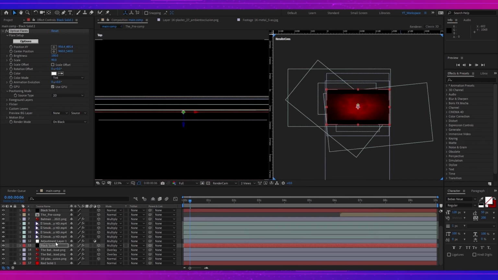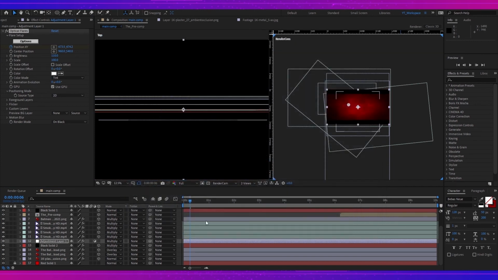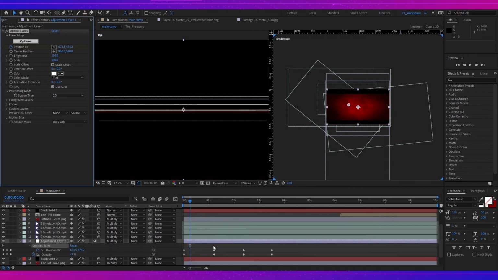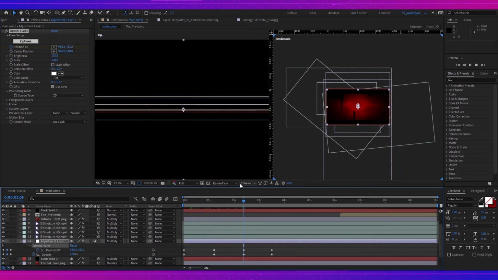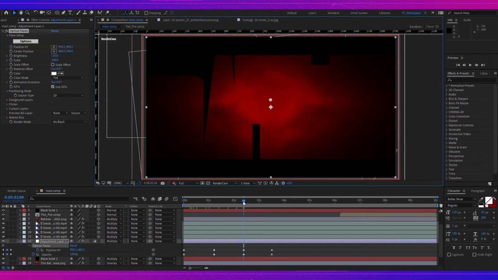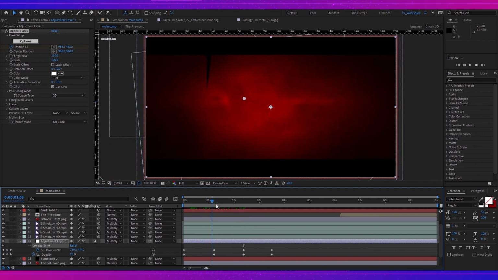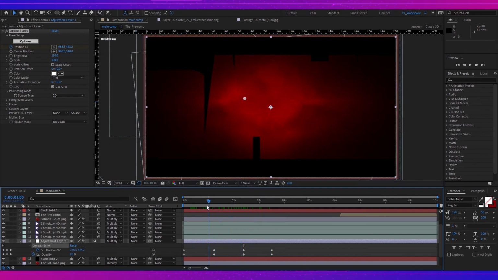And I have used another optical flare. This one is a little big and I made animation for it. Let me change it to one view. Here you can see the light is moving,